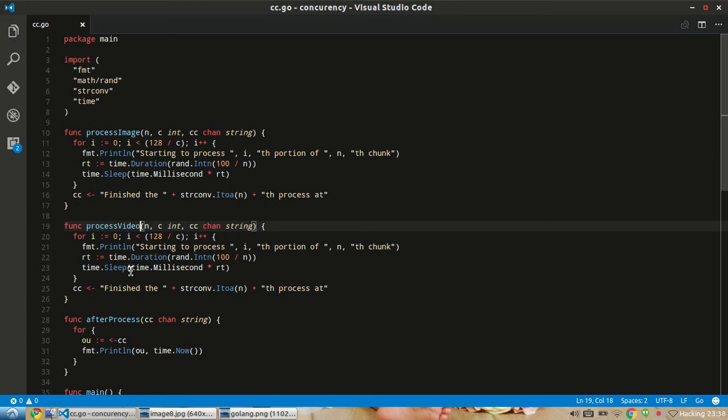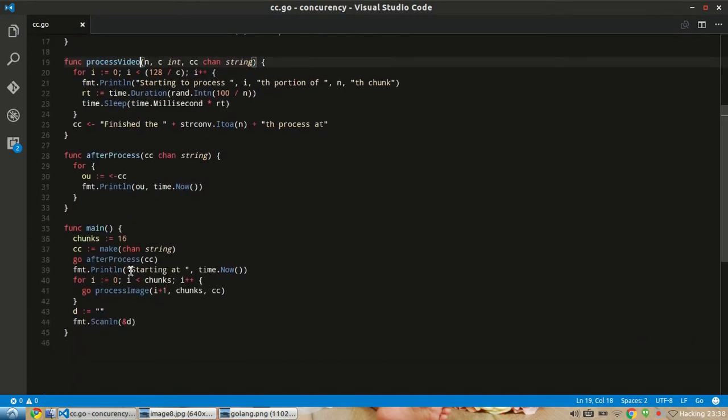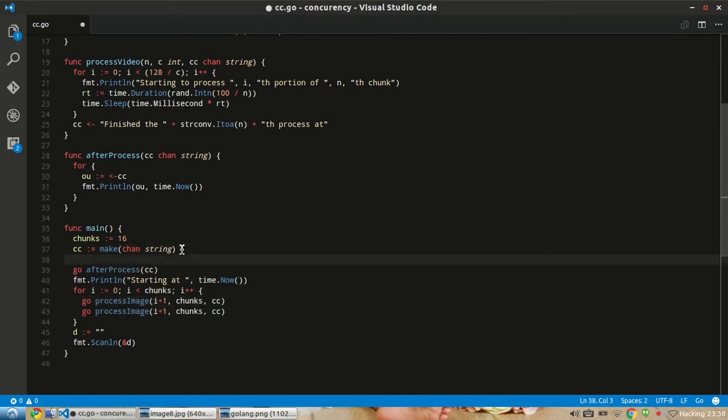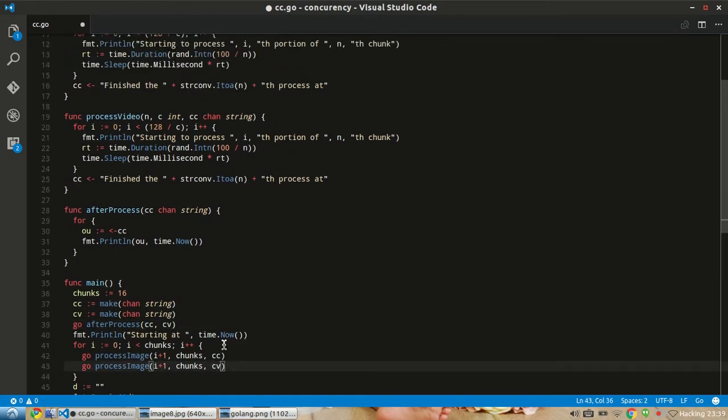As of now I will use the same dummy function. Here, instead of cc, I will put something like cv, which is also a make channel string, and I will pass cv in here. So what we will do is